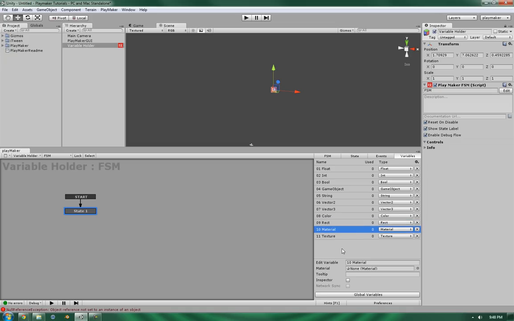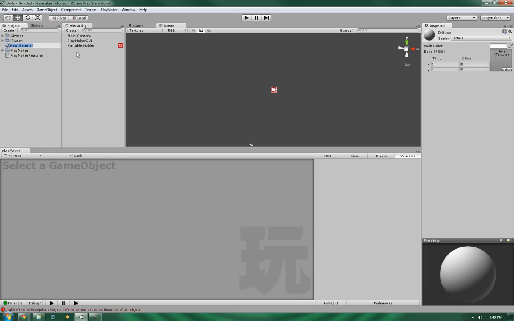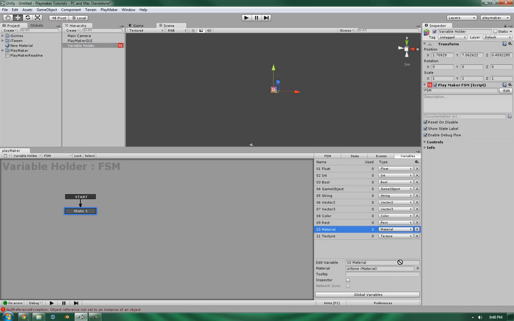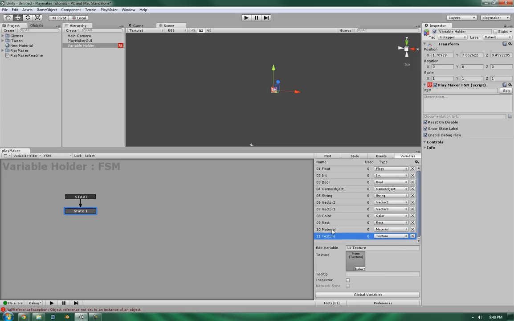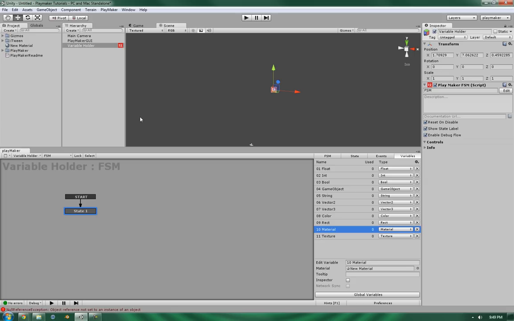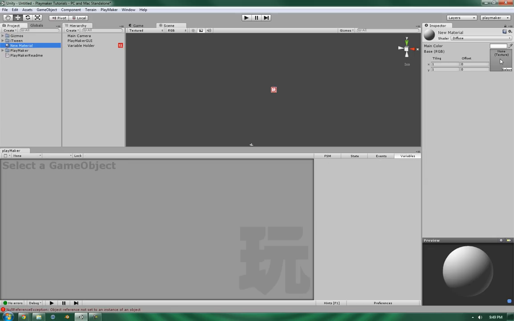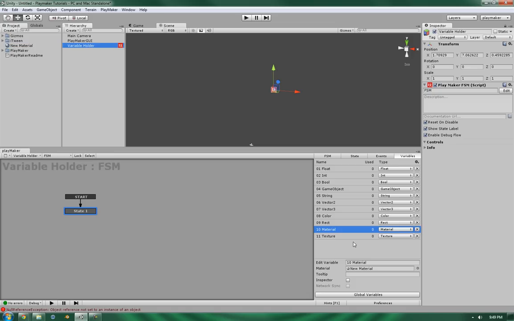Next in line is the material. In the material, you can basically create any material and then drag and drop it. Such as this. Pop that in there. And there you go. Now, a texture is associated with the material, but it's a little bit different. The texture itself will handle the driving parts. So, for example, if you have a texture, like a diffuse map in here, you can control it with